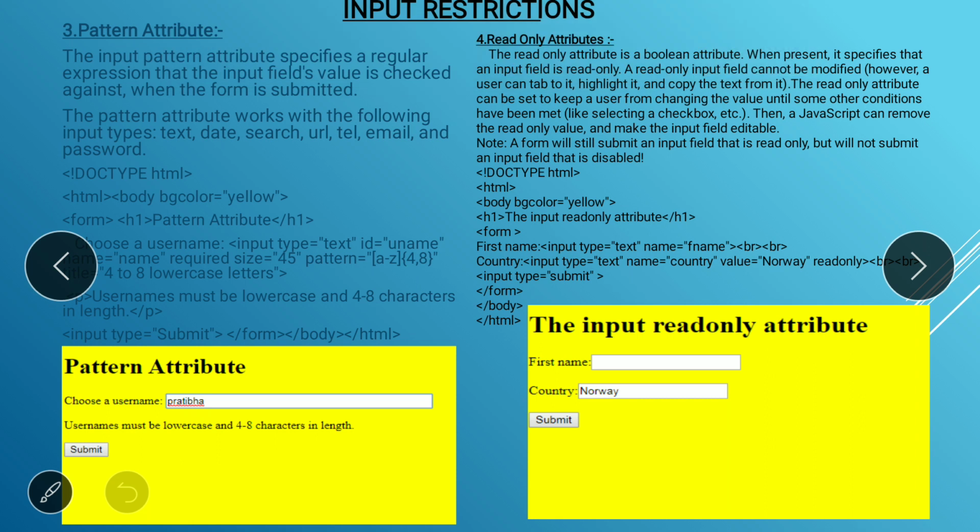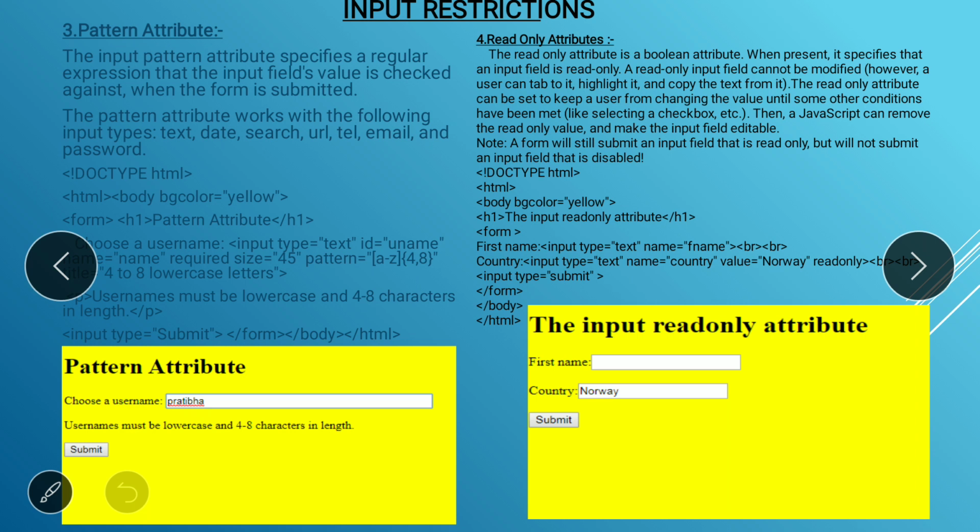Disabled means you cannot enter anything in that control. But what is read only? You can see one or you can set any text in that control, but you cannot change that text, or you cannot change the input. So it's called read only. That is the difference between the disabled and read only attribute.